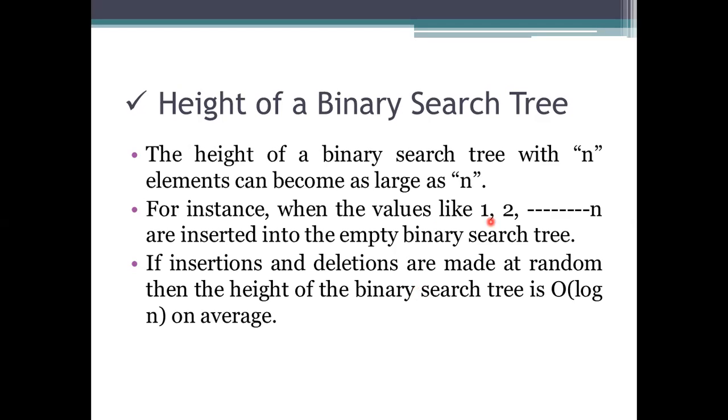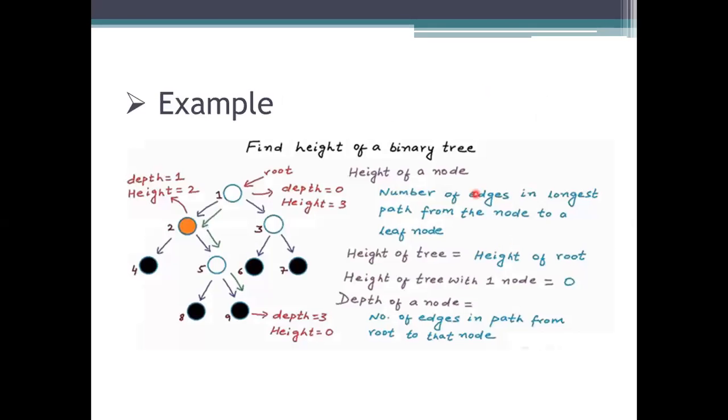Coming to the next representation, it is the height of the binary tree. Here we have an example. The height of the binary tree is the number of edges from the node to a leaf node. So how many edges will be there for this one? 1, 2, and then 3. The height of that is specified. And the depth is specified as the number of edges in a path from the root node. So the depth is 1 here, and from the root node, height is specified at the level we are using for that processing.